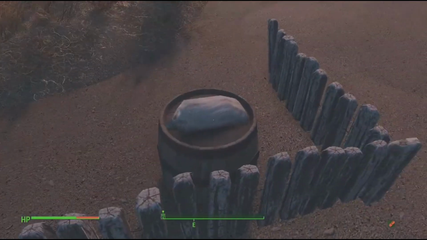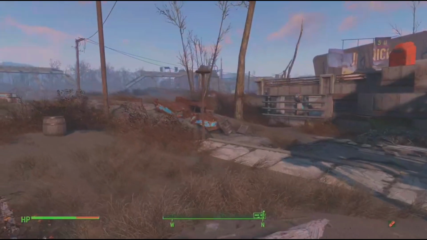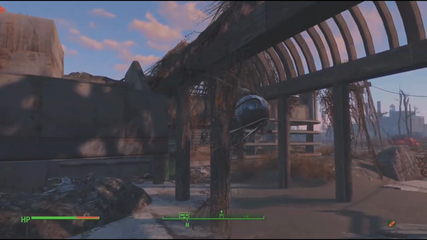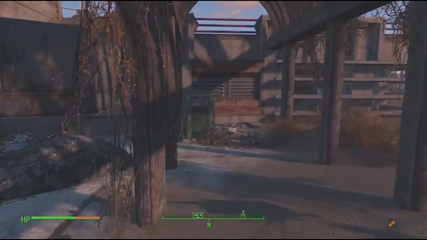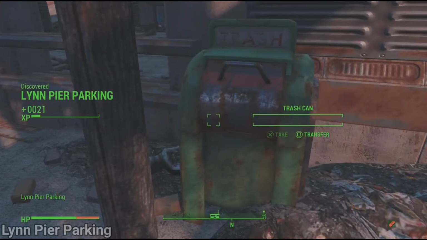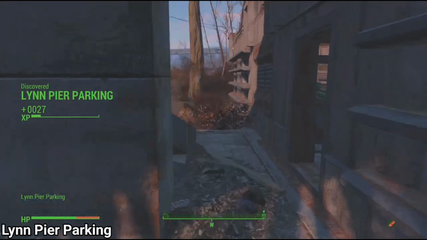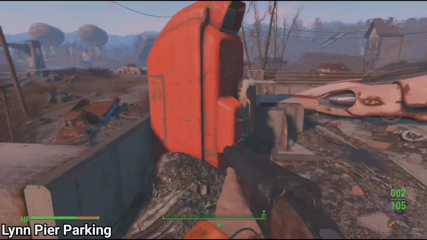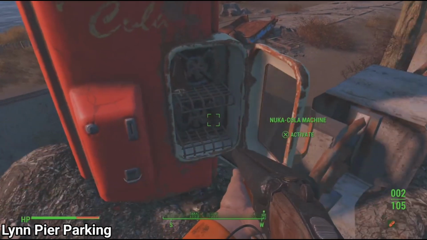But as you can see here, we have stumbled upon a parking garage, and this is what we're looking at the moment. You can see the Eyebot floating around over here. This is Lynn Pier Parking, and on the surface, it doesn't seem like much, because you have a Nuka-Cola machine right here,